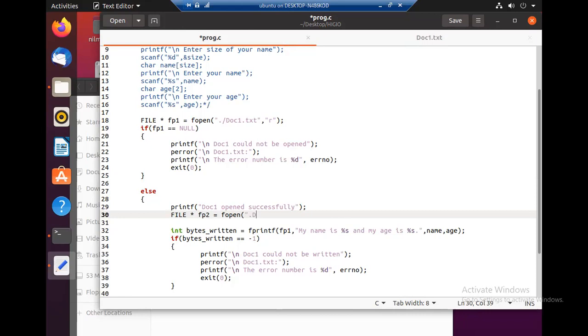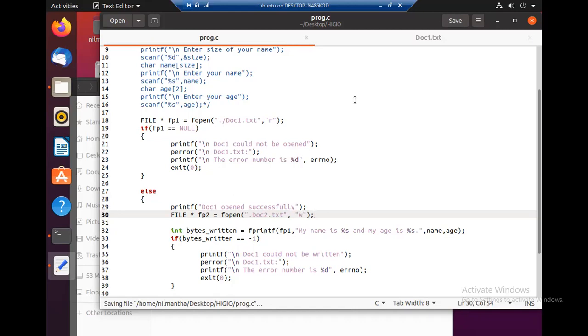That will be in the same directory, document2.txt, and I will be opening it for write only. So I have to specify this W.